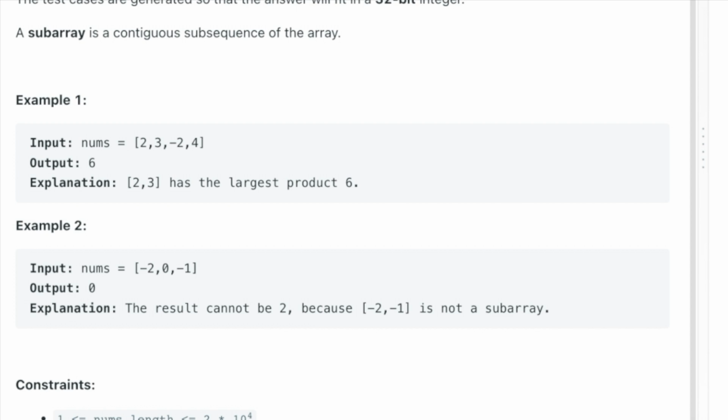And from the examples we can see we have the nums array 2, 3, -2 and 4, and the output is 6, and the explanation tells us 2 and 3 has the largest product of 6. And example 2, we have the nums array -2, 0, -1, and the output is 0. And the explanation for this one tells us that the result cannot be 2 because -2 and -1 is not